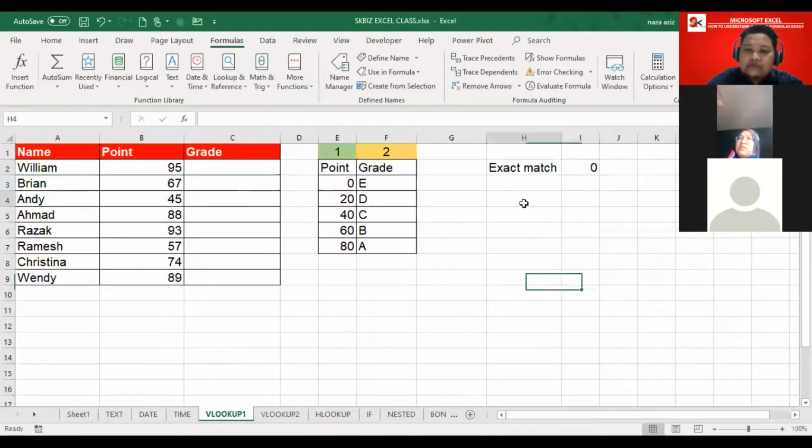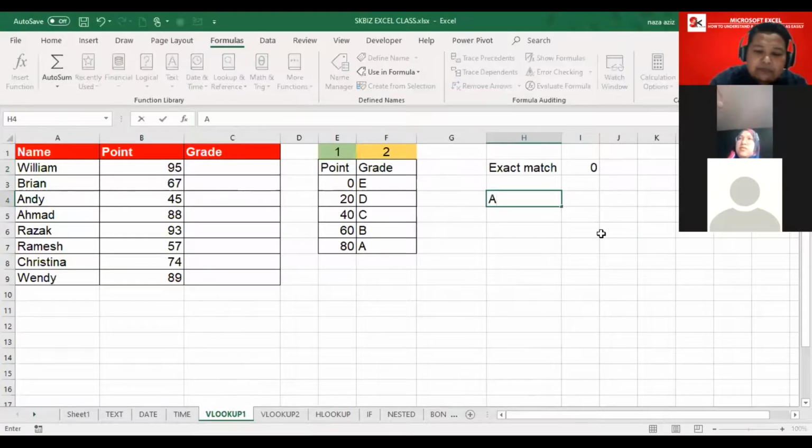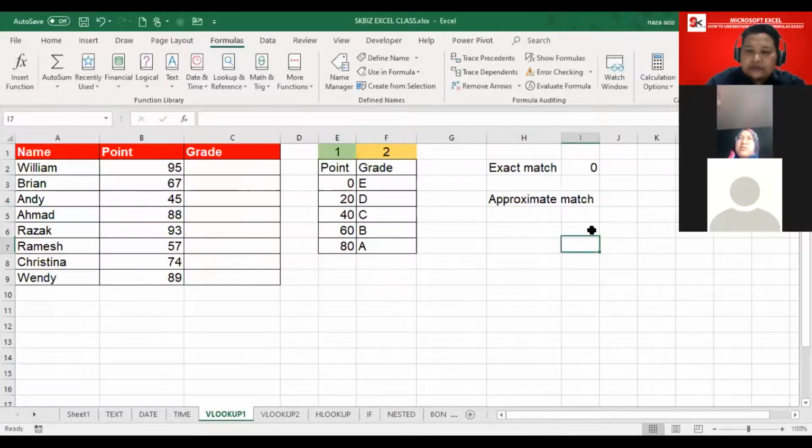If you want to get the answer based on approximate match, I'm going to explain it later. Don't worry. You put 1. What is meant by 0 and 1? Now, most of the time,